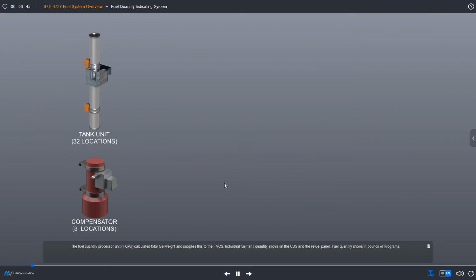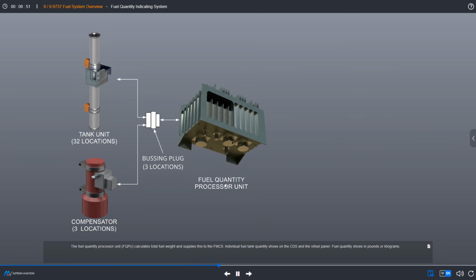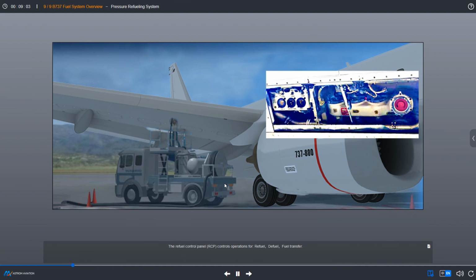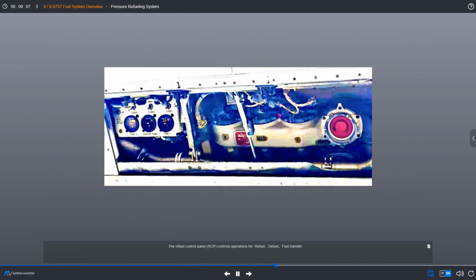The Fuel Quantity Processor Unit, FQPU, calculates total fuel weight and supplies this to the FMCS. Individual fuel tank quantity shows on the CDS and the refuel panel. Fuel quantity shows in pounds or kilograms. The Refuel Control Panel, RCP, controls operations for refuel, defuel, fuel transfer,